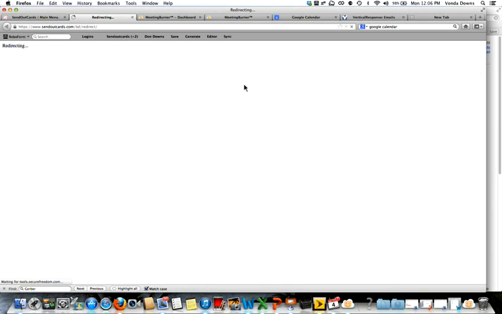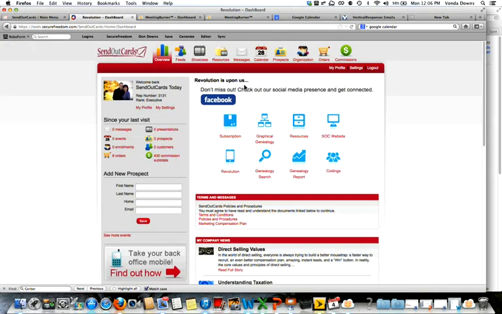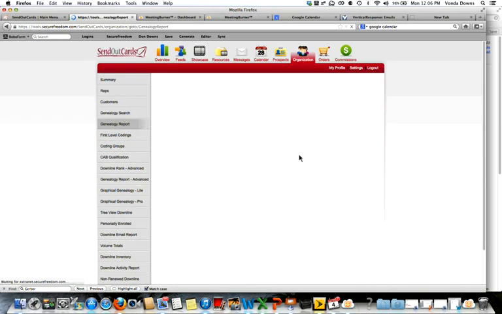By the way, if you are a newer distributor, under the distributor tab, you'll see Revolution Office, which takes you into the back end of your SendOutCards account. This tracks everything in your business. So it tracks your distributors and the volume they're bringing in with their sending cards and gifts and their customers, as well as customers. So if you click on Genealogy Report, once the Revolution comes up, you're going to see